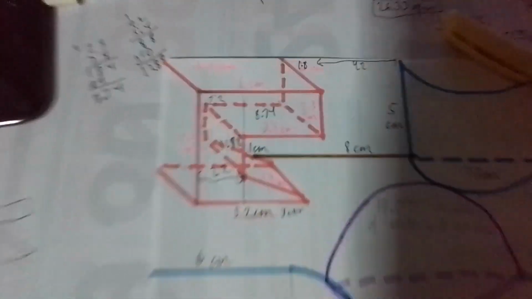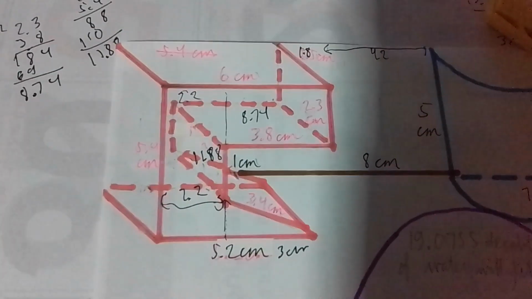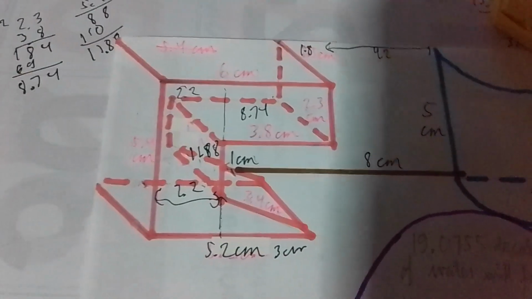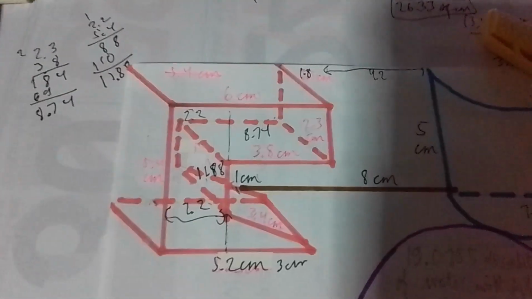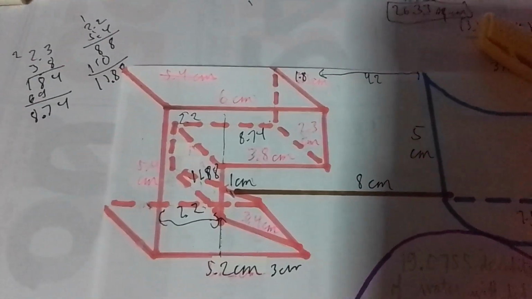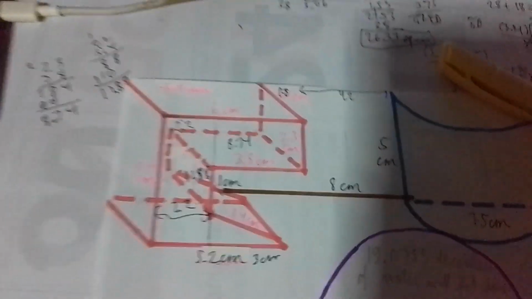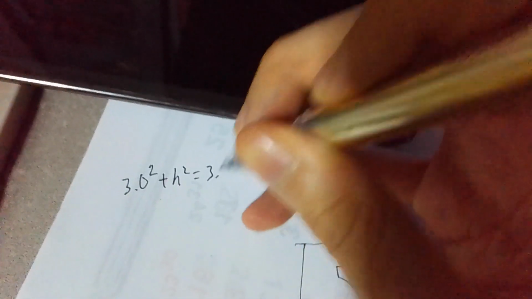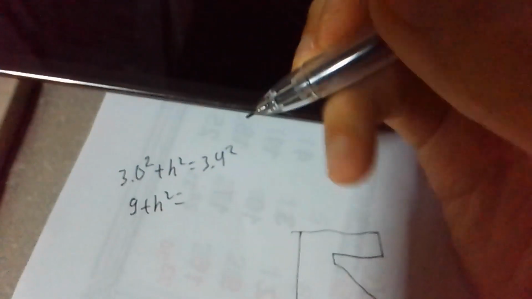3 centimeters. Then, if you want to get the measure of this vertical line here, we must apply the Pythagorean theorem. You know already what to do. So, if we use the Pythagorean theorem, this should be 3.0 squared plus 8 squared equals 3.4 squared. 3.0 squared, that's just 9. 8 squared, we don't know. Now, 3.4, if I were to do it here,